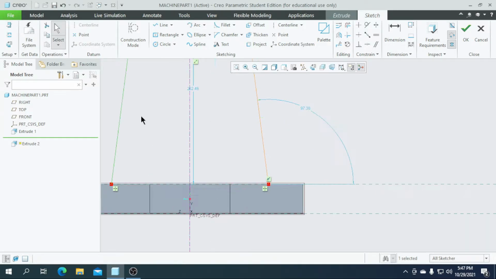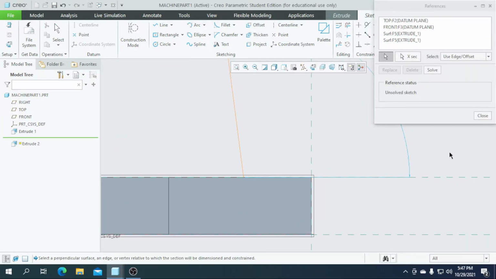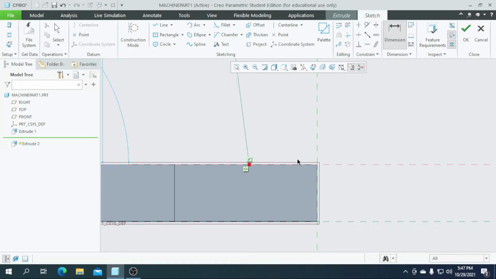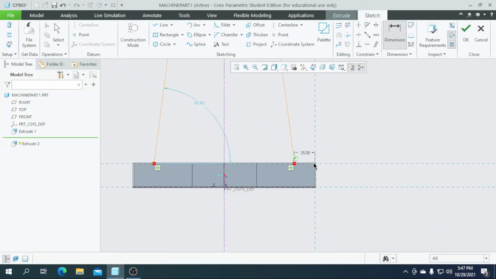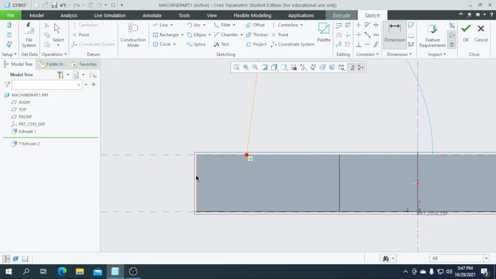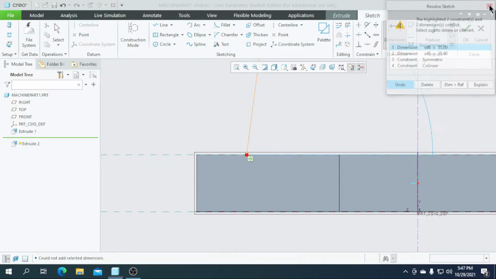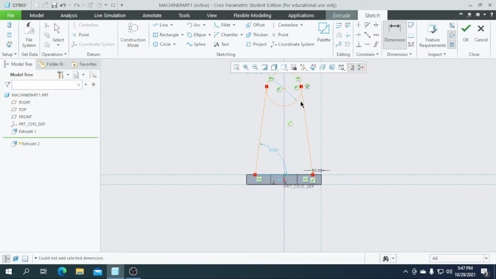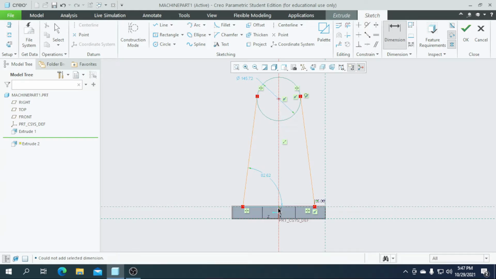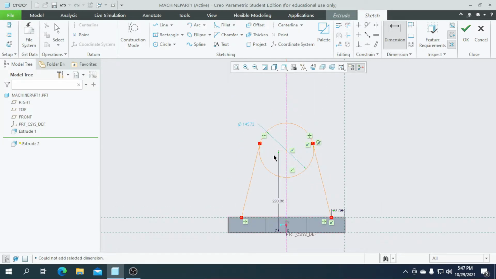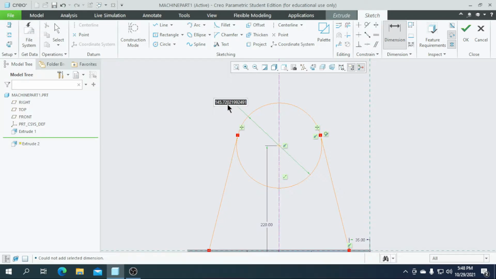So let's go for the dimensions again. I need to draw a reference here to measure the dimensions. Let's go for the dimensions and I need this value to be 35. Check whether these two are the same. Yes, because they have a symmetry constraint, we don't need to change that. Then we need the height from this line to the base of the reference, and enter a value of 220. Then I need the circle diameter to be a value of 130.